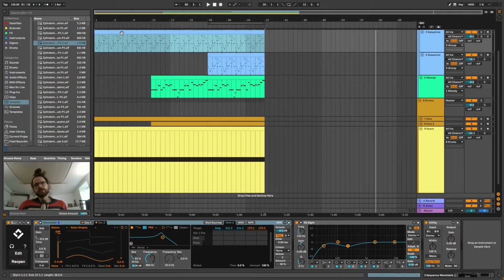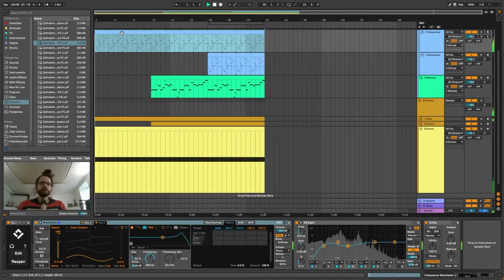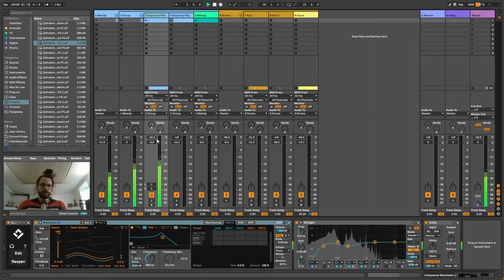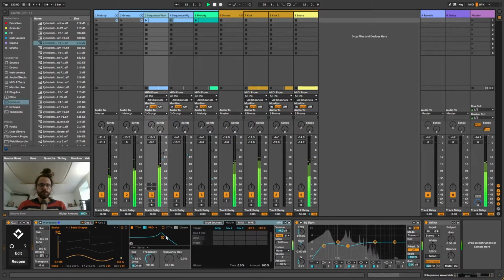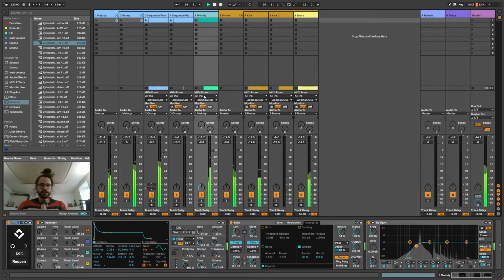Alright, so let me just play this for you quickly and point out some of the parameters I used modulation on. So here you can see the track volume. That's basically like a sidechain effect. Then we see here oscillator 1 and 2. Wavetable position. We see the filter being moved here. Then here again, track volume. We have panning. We have operator B coarse, the level, and also the filter